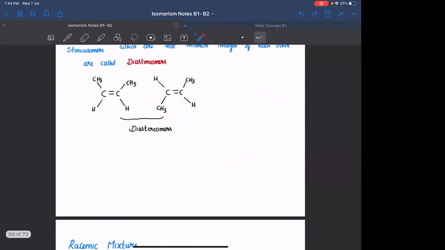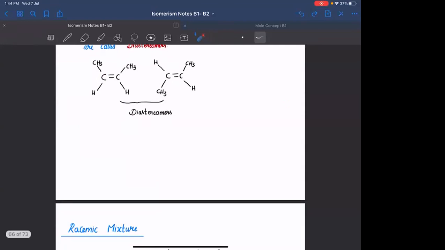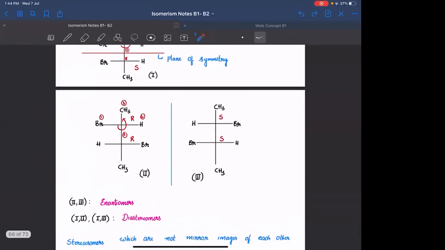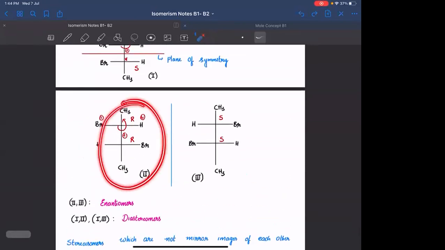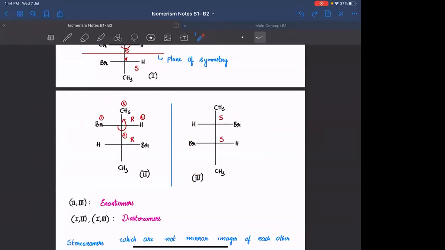Okay. Next, very important, you will be asked the definition of this in your boards. Racemic mixture. Okay. उसके लिए example लेते हैं. Suppose you are having compounds 2 and 3. If you are having compound 2 alone, मान लेते हैं this is dextrorotatory. So whenever I pass the plane of polarized light through this particular compound, what will happen? The plane of polarized light will be rotated in the clockwise direction. If I am having compound 3 alone, the plane of the polarized light will be rotated in anti-clockwise direction by